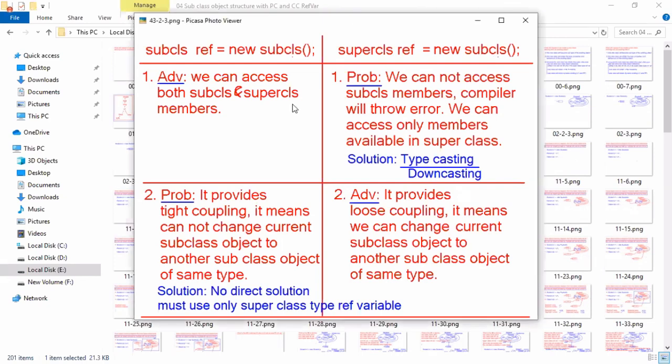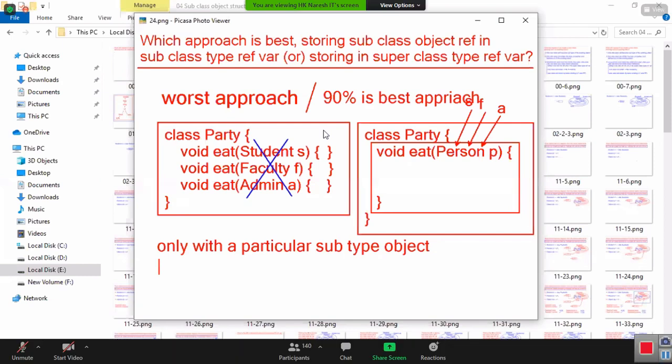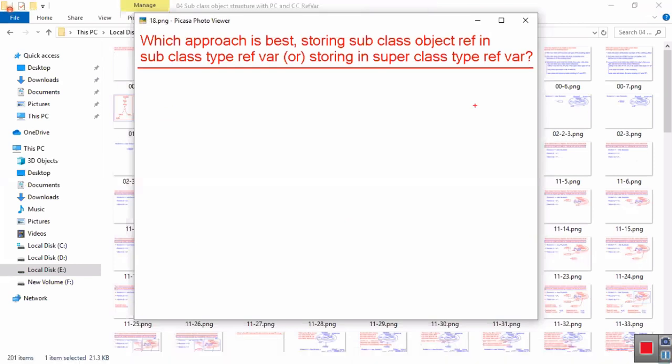Right. So now try to answer. What is the difference in storing a subclass reference in a subclass reference variable? It is the best approach, because we can access both subclass members and superclass members.